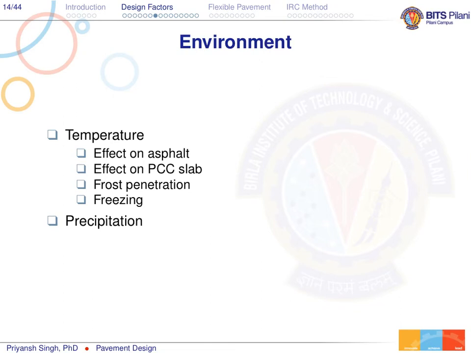We also need the information about the precipitation, because soil erosion is governed by the precipitation or the rainfall in that region, and because of the rainfall we are going to design the drainage of the pavement. Here we are not accounting for drainage design. If you want to understand in more depth what drainage design is, how it's going to affect the pavement, and how we design a drainage system, just follow up in a higher level course of pavement design.